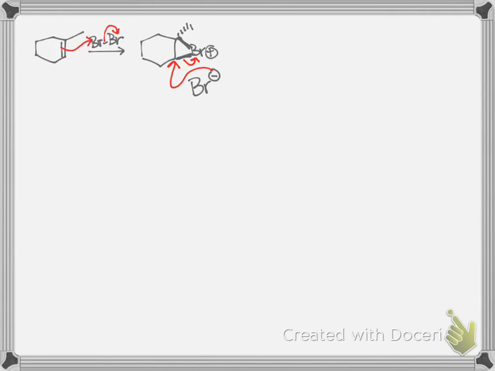bromine is in the bromonium ion, so that we wind up with an anti-addition, and that means the two bromine atoms are trans to each other from the anti-addition. So I get this product from the mechanism,